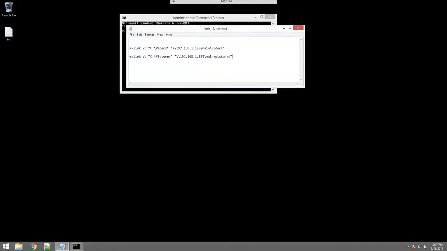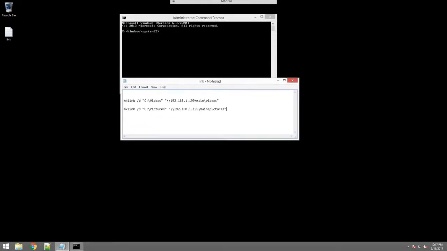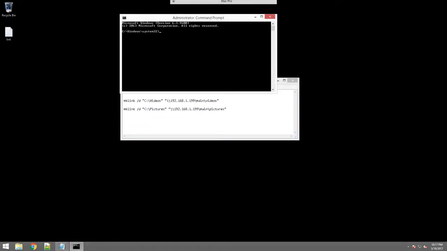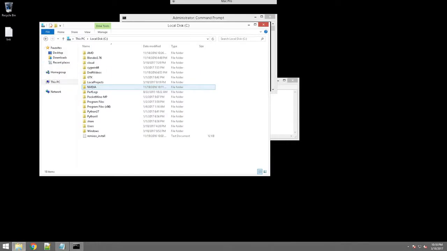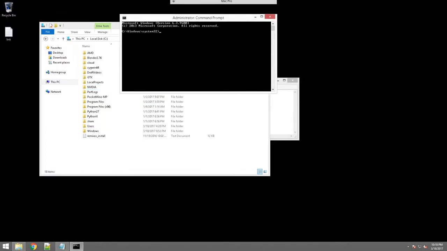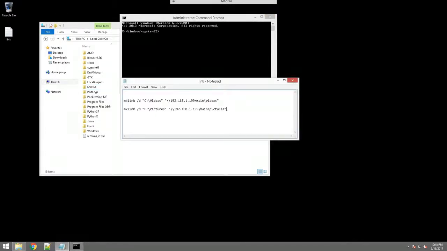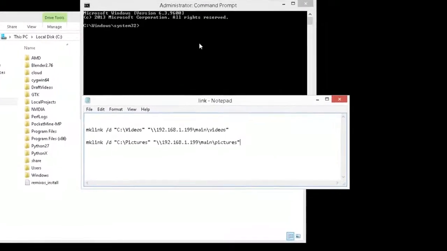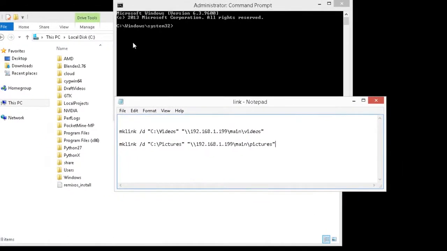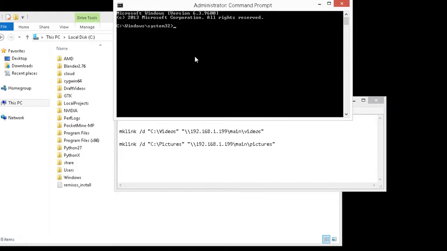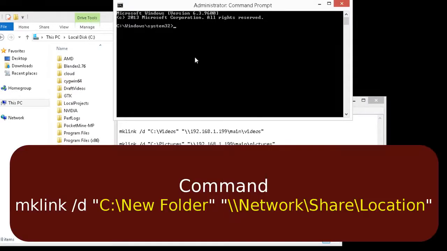So here's the actual command line, and I'm also going to open my C drive so we can actually see this whole thing in action. So let me zoom in. And I'm trying to make it as easy as I can, but at the same time, it is what it is. So if I type in